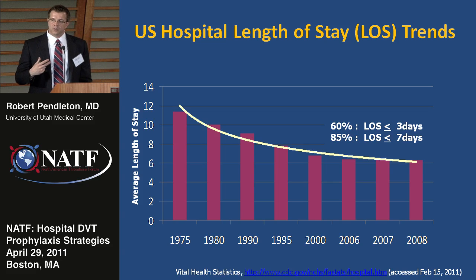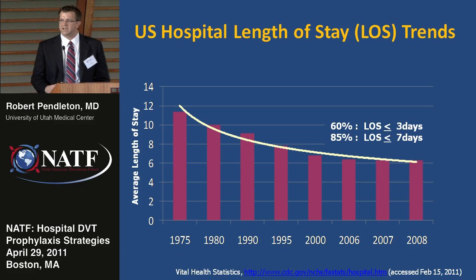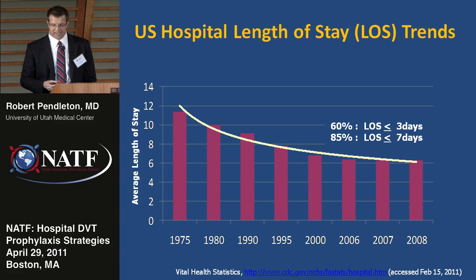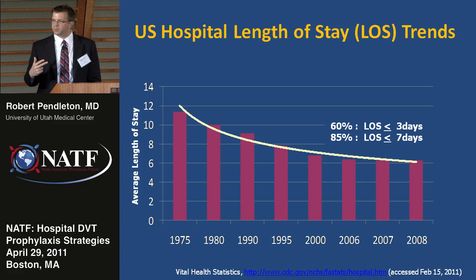Well, hospitalists have helped achieve that efficiency goal, where we've seen a continued reduction in hospital length of stay. Importantly, though, that reduction of length of stay was well on its way before hospitalists took off. We started seeing downward trends through the 70s, 80s, and 90s. But currently, we're nearing peak efficiency in many hospital settings, where 60% of all hospitalized patients in the United States are in and out of the hospital in less than 3 days, and 85% are in and out of the hospital in less than 1 week. So hospitalists have helped accomplish their original goal, that of maximal efficiency.